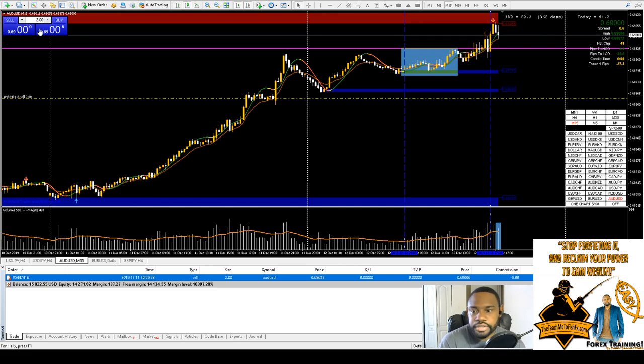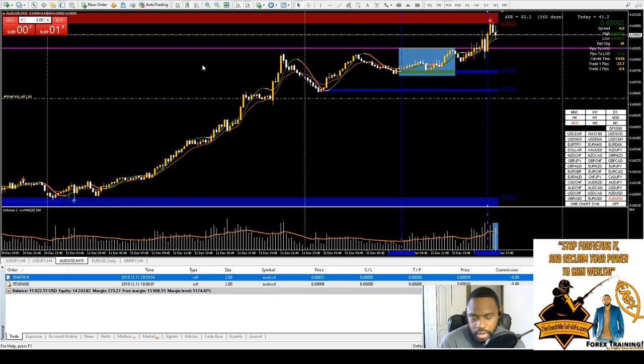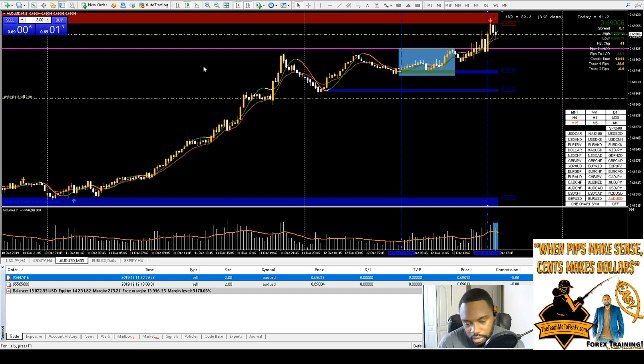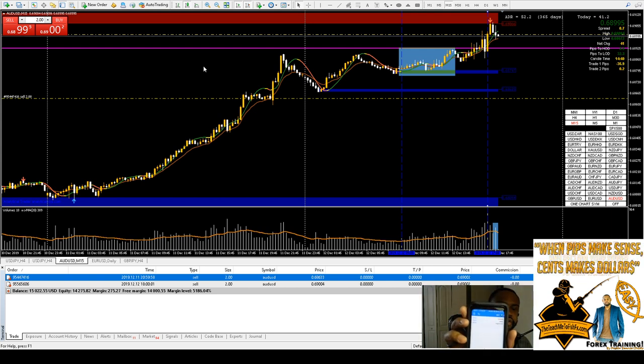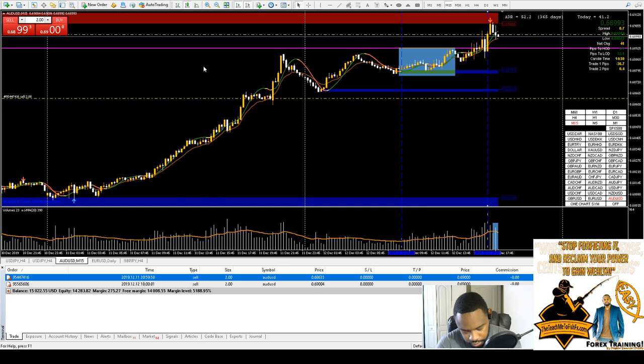Got 2 accounts I'm trading, so I'm gonna go ahead and sell that. Then I have a smaller account that I'm flipping for you guys, where I had like $49 in there, and now it's up to $125. So we pull up Aussie USD.